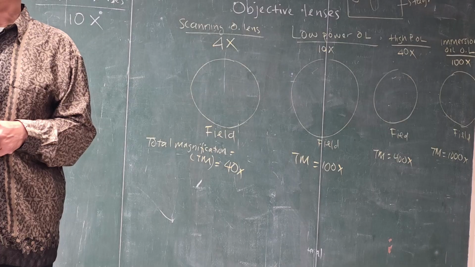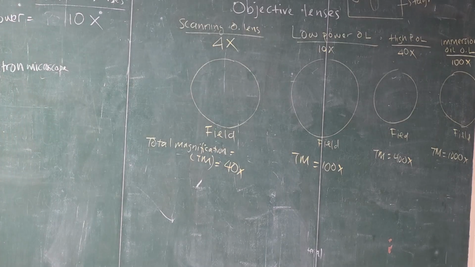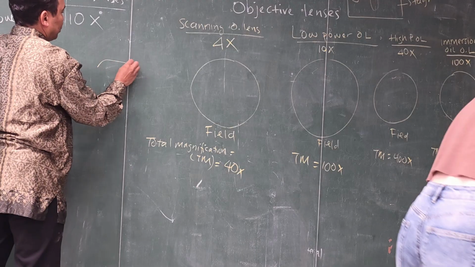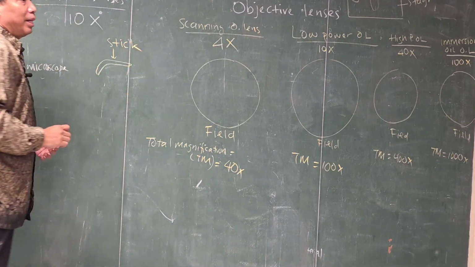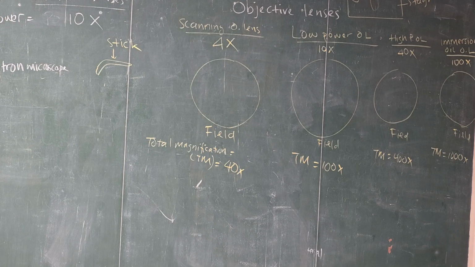Okay, you guys want? Now the microscope also has the arm on the back, and then the body or the base on the bottom. Now if you look under the stage, you're going to see some structures or parts. Okay, there is something that looks like a stick. You see the stick under the stage? It looks like this. You see that one?